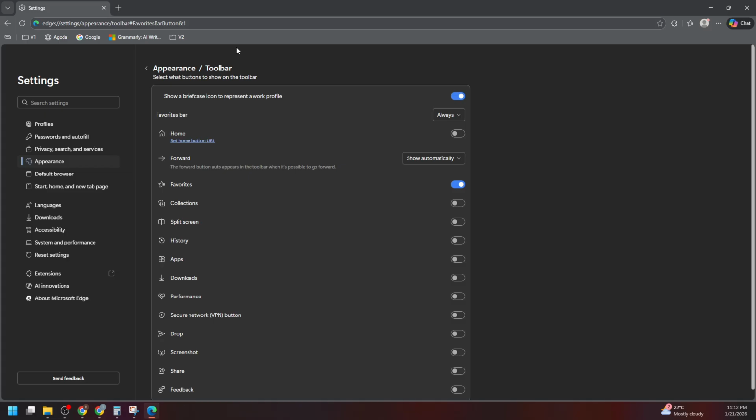That's all there is to it. By choosing the option that matches your style, always, never, or only on new tabs, you can tailor Microsoft Edge to be as streamlined or as